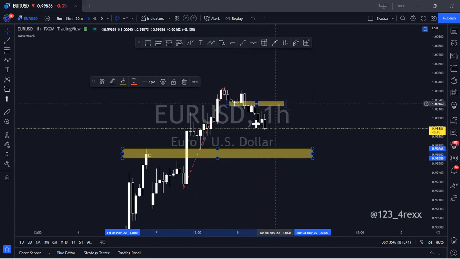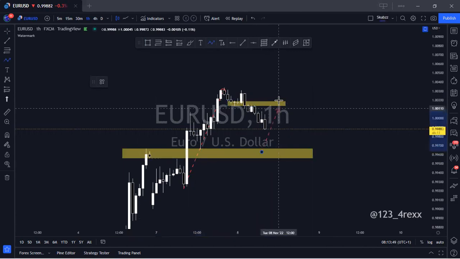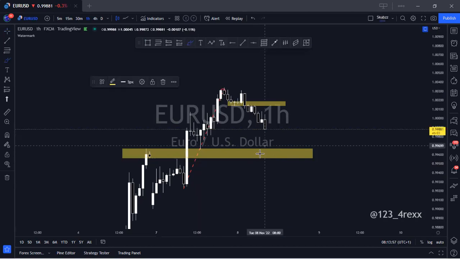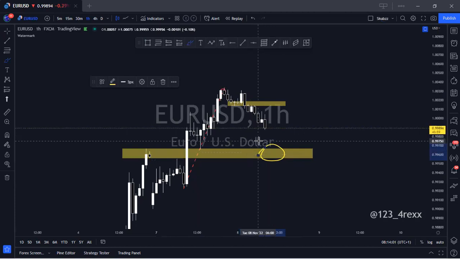So for something like this, it's going to go back up to retest here, and then we'll have this whole sell down. Yeah, so let's just watch out how price behaves into this area once it reaches here. So we'll be looking out for any signs of bullish rejection candles into this area once price gets there. So it's basically a waiting game. Let's wait and see how it behaves.